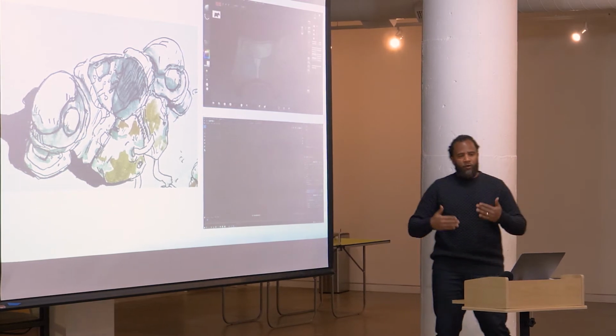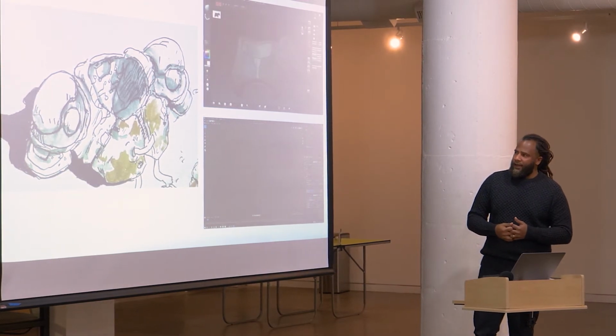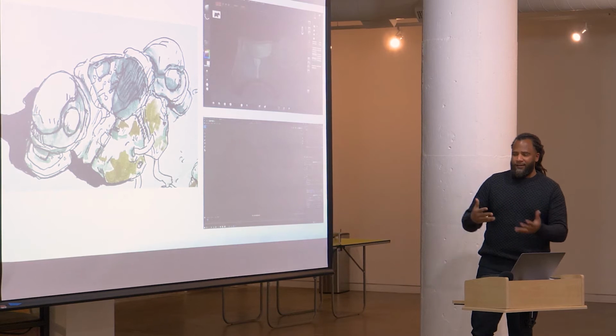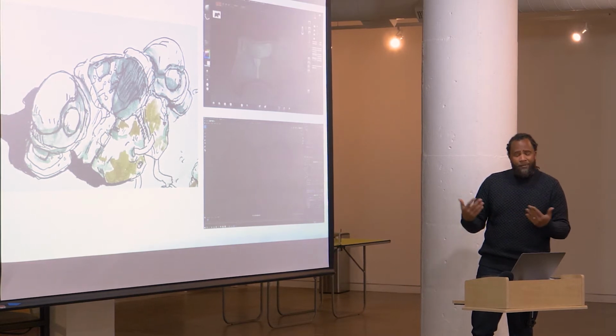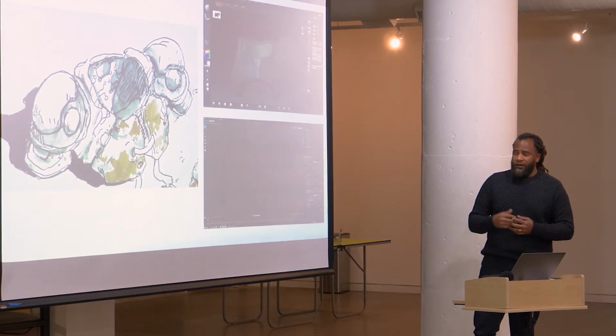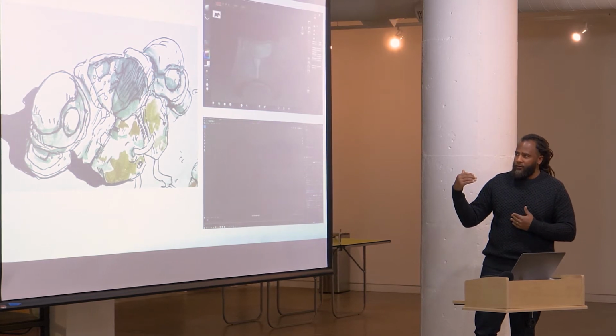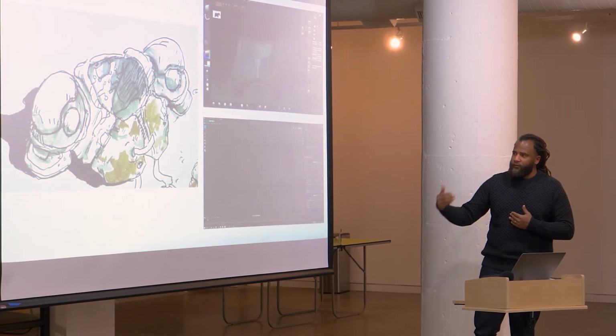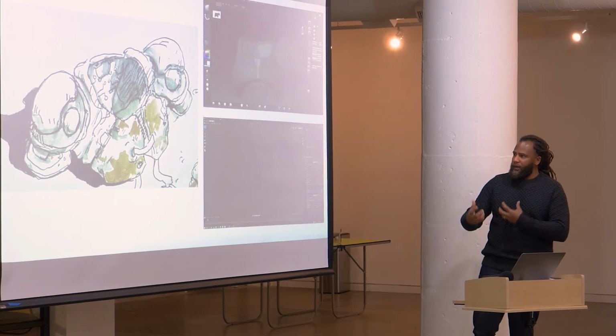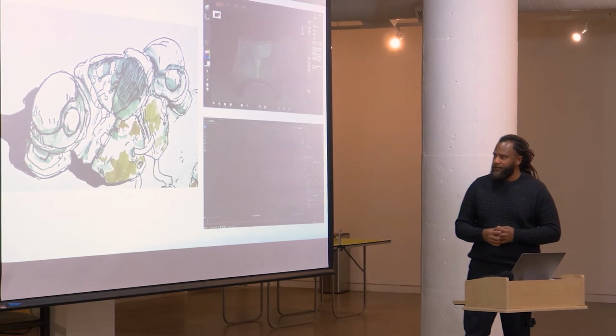To work that way gives me a reality. Because sometimes you want to work from a real place. And sometimes if you're imagining something that's not real, it's good to make it real for yourself. You can use reference material. You can work from a lot of variety of sources. But for me, I tend to like to use 3D tools to help sculpt and define these things.